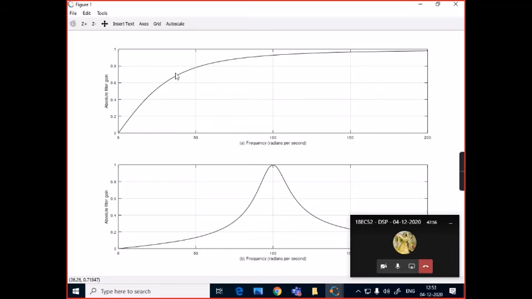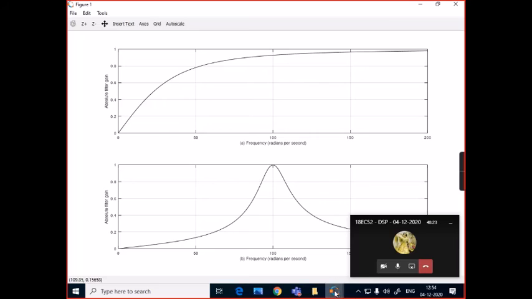If you draw the line here, which will be the minus 3 dB line, and take it to the intersection with the x-axis, it will be roughly around 40 radians per second, which is the cutoff frequency. Understood?